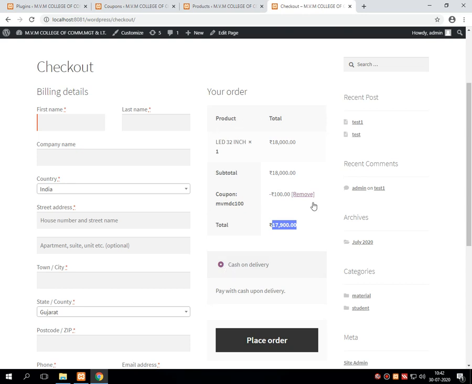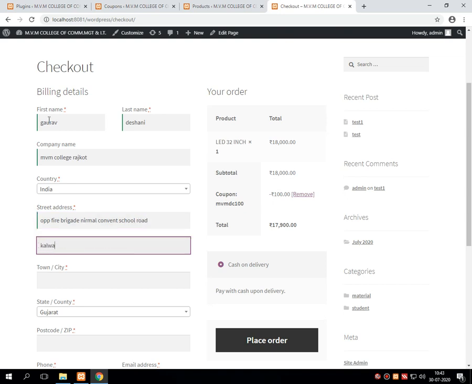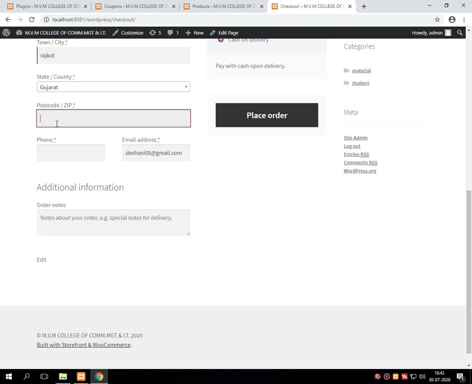Now, once you have seen all these things and the buyer feels that everything is okay, that person will enter the billing details of him or herself, that is the first name, last name, company name, country, then the detailed address, then the city, then the state, which comes by default because we set up that particular state at the time of store installation.